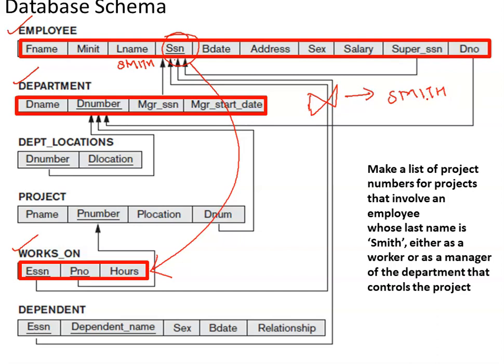Once we get the last name of Smith, we will pick up the department number, and based upon the department number, we will get to know which project Smith is working on.